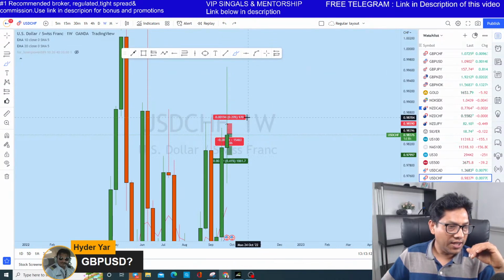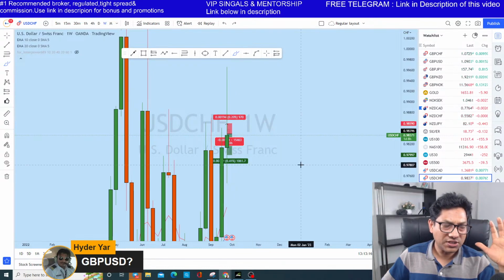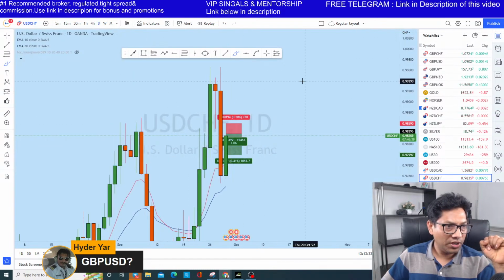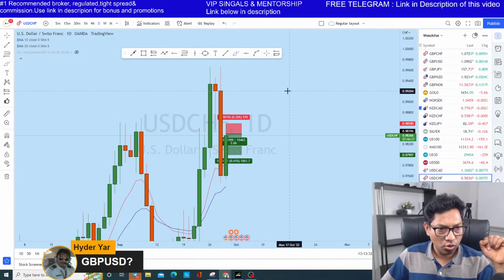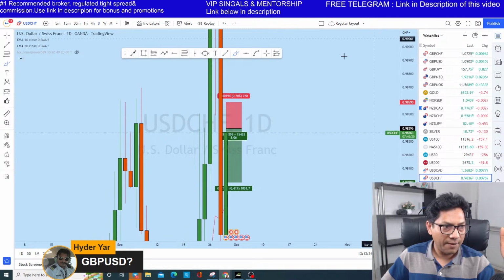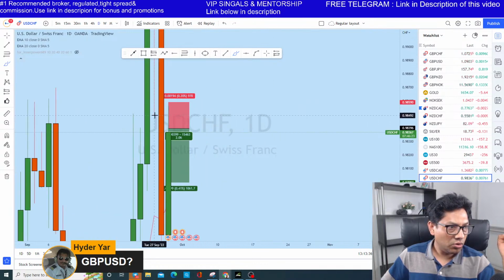Okay, and then there is a doji on the weekly perspective, which is kind of bullish on the higher time frame perspective. But lower time frame, we see that on the daily, the previous day there was a strong rejection, followed by today the price reached this zone. Now from this zone anything can happen. Okay, but you see this is the bottom of the doji. If we draw